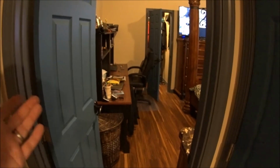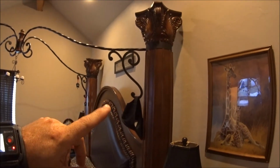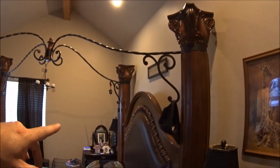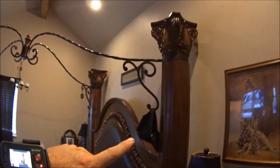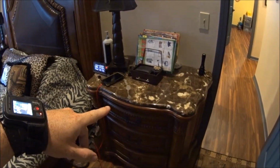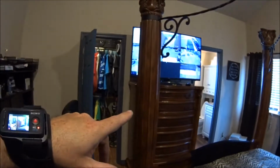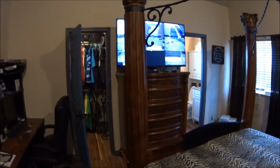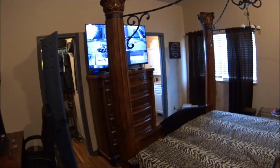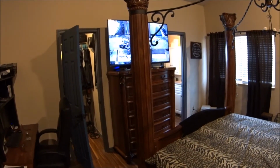Alright, so enter the bedroom. This is the bedroom. This survived the fire as well. So the bed, this nightstand, and that dresser all survived the fire. Just a lot of soot and stuff on there, so the restoration team got it and cleaned it up